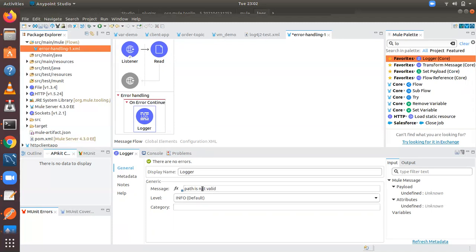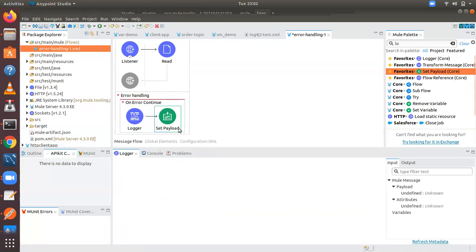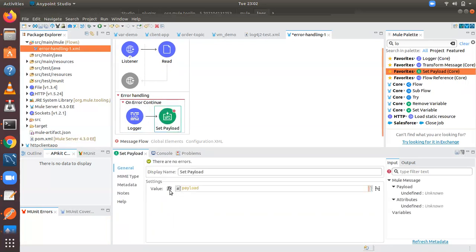I want to send a response back to clients. For that, I'm calling set payload, and I'm writing some text here: file path not valid. Some statement I'm sending back to the client.